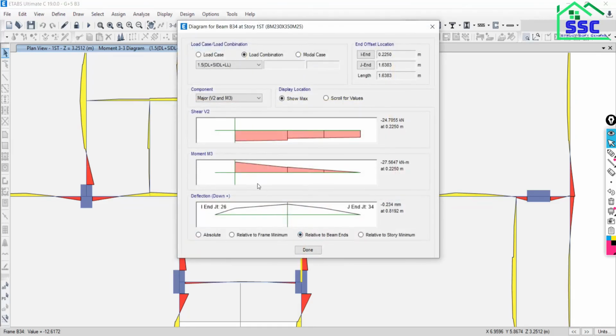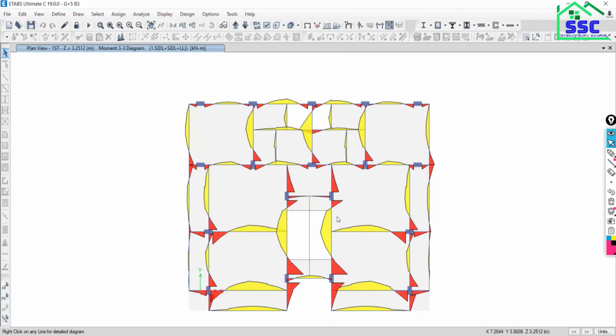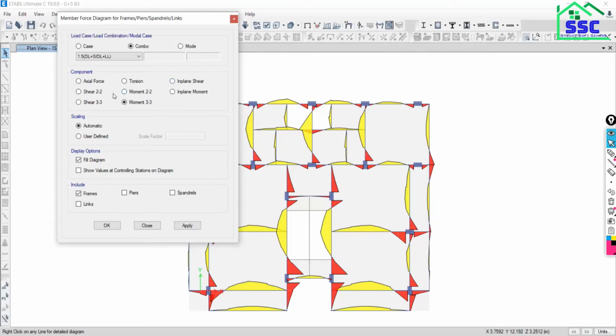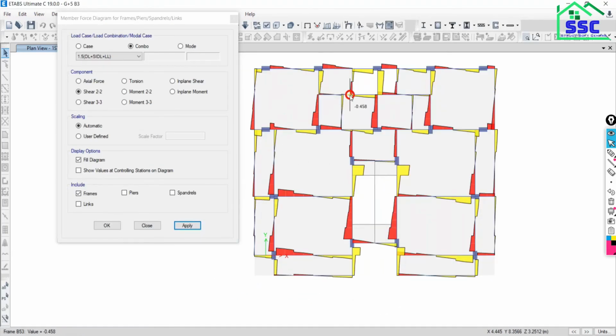Just right click over this. So what is it? It is the propped cantilever. Zero and maximum. Is that okay? So this is all about the bending moment diagram and the maximum and minimum moments in your beam. If you want to see the shear force, just check this option, click over this and look at the result for the shear, say apply. Under the factor load combination, this much shear force is going to act over all your beams. That you can also check.